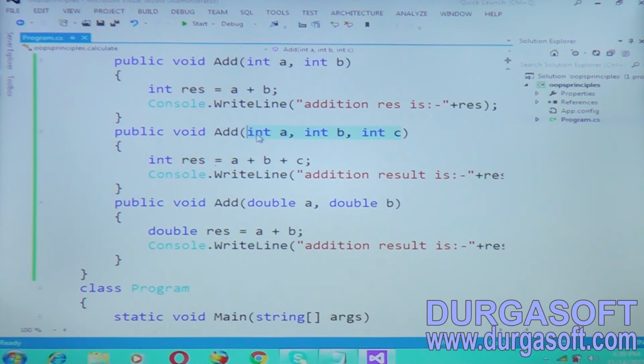That is called function overloading. So function overloading mainly depends on three things: number of parameters, type of parameters, and order of parameters. That's how we achieve function overloading. So this is the example for function overloading.